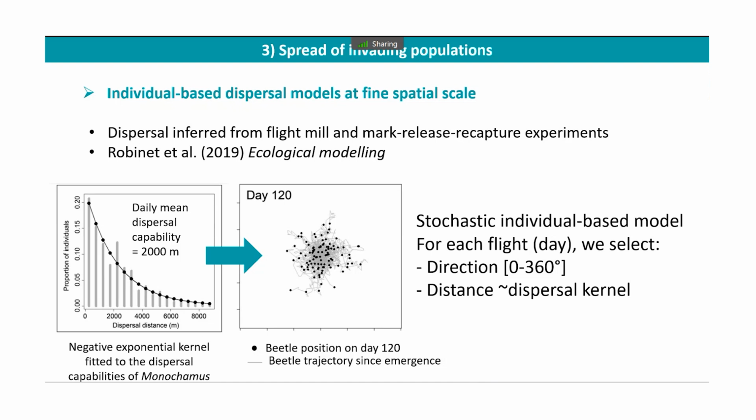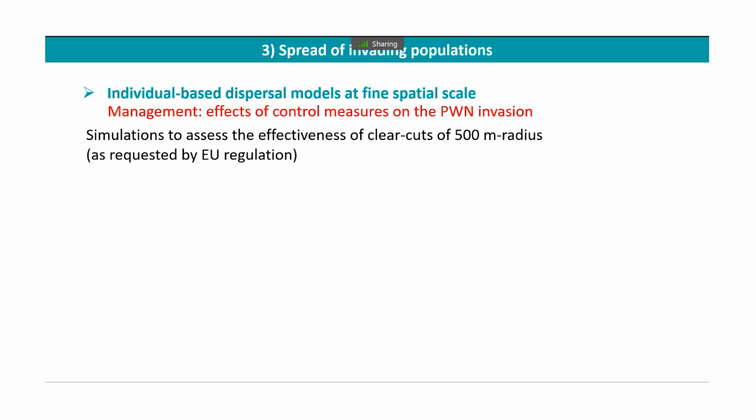Each dot represents a beetle, and each line represents its trajectory. So with this dispersal model, we thought it would be a nice tool to explore the effectiveness of the European regulation regarding the pine nematode,